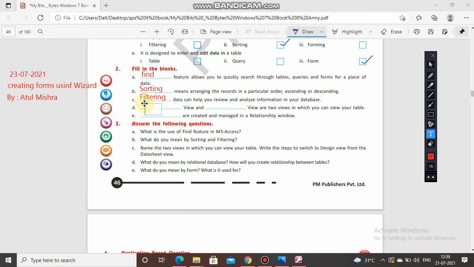So you know that the two views' names are the data sheet, first one, and the second one is your design view. Data sheet and design view are two views in which you can view your table. Dash are created and managed in a relationship window. So simple, the answer is relationships.